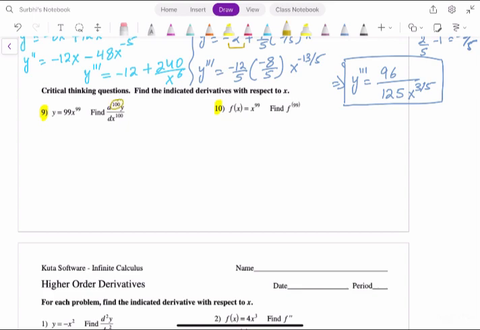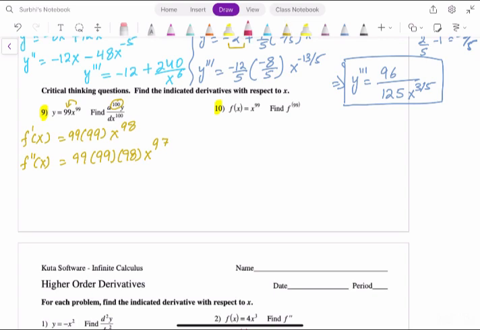Now, questions number 9 and 10, they are very interesting. They are asking us to find the 100th derivative. Let's understand how we can find the 100th derivative quite easily. If I find the first prime, it will be 99 times 99 because 99 is already there and bringing 99 down, x to the power of 98. Second prime, 99 times 99 will stay. Now we are bringing 98 down